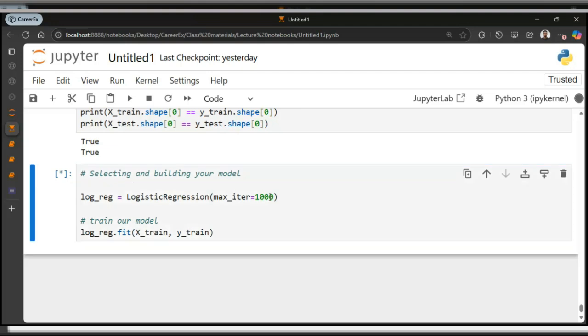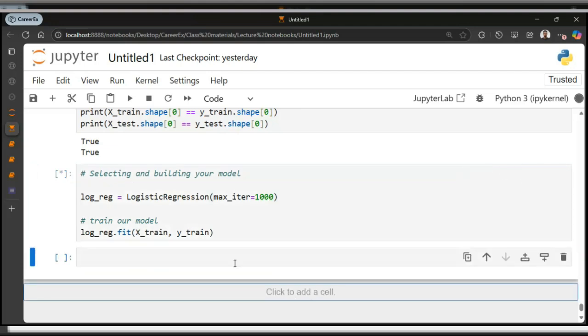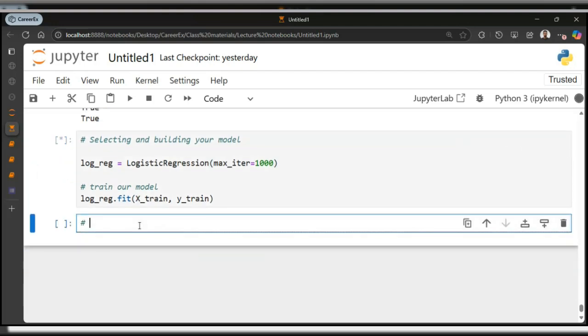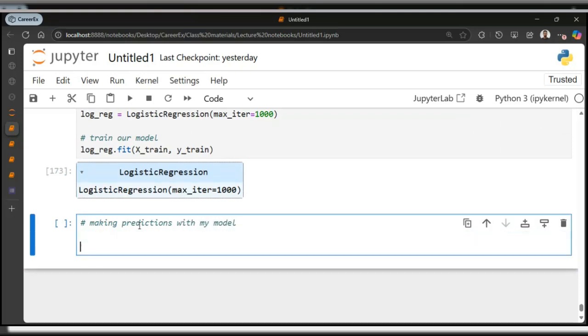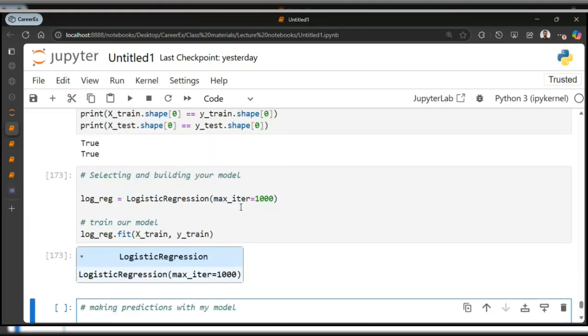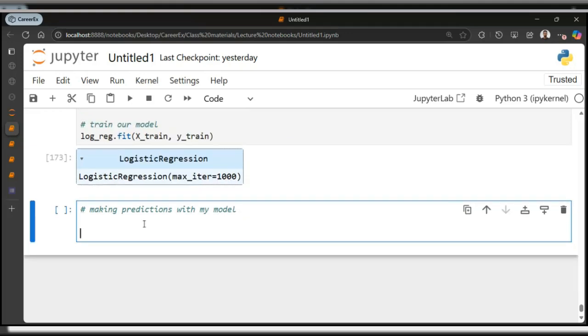After that, I'm going to use my model to make predictions. This is a very simple way. This is not what you'll be doing basically in your project, but as I've said repeatedly, it is to help you understand the flow. So I can now use my logreg to make predictions. You can come and say predict.